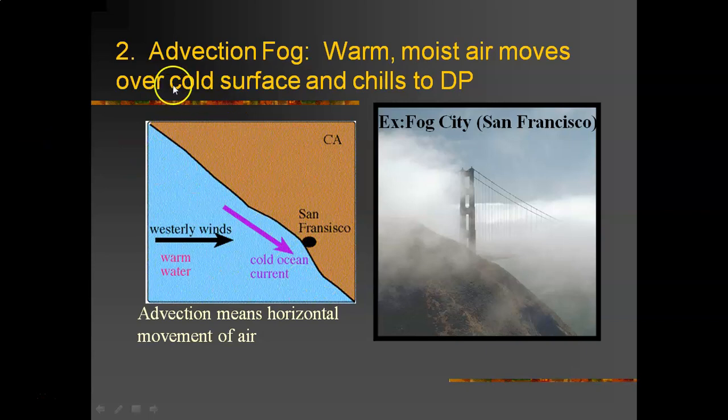Now, advection fog is also common in the northern United States in wintertime when you've got a snow-covered surface. What can happen is you can get a warm front, warm, moist air moving up from the Gulf of Mexico in wintertime, moving over the snow-covered surface, chilling to dew point, and you get advection fog. And again, with that advection fog over the snow-covered surface, you're just pumping in that Gulf air for days on end, and you can have advection fog for